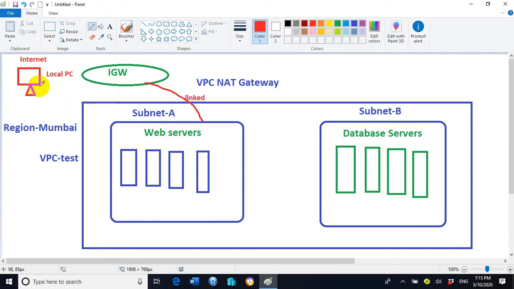From this local PC or desktop we can access these web servers remotely with the help of one of the protocols.